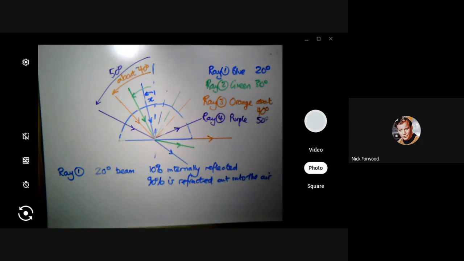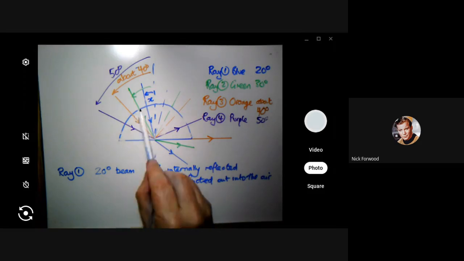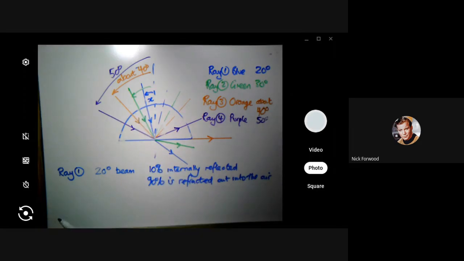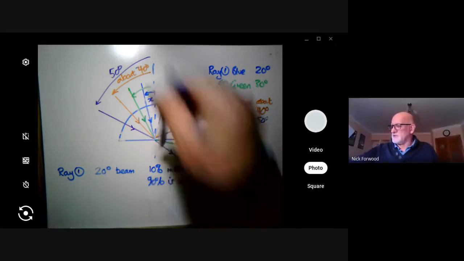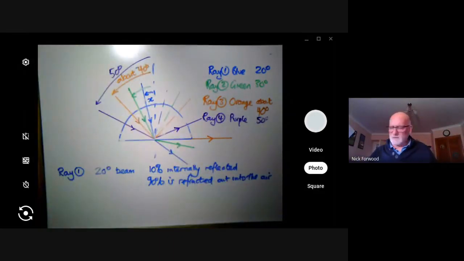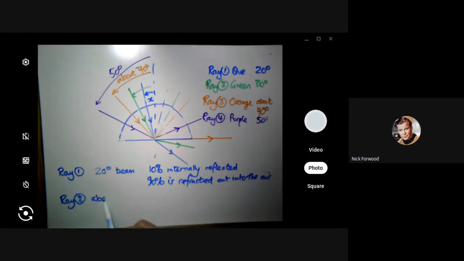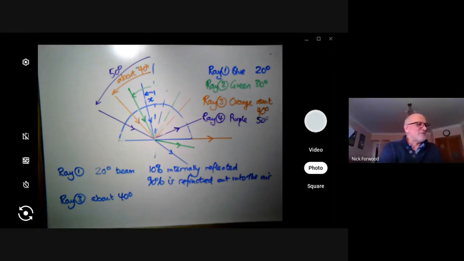10% internally reflected. So this is partial internal reflection. I'll skip the green one because it goes up to a higher percentage. I just want to show you what happened as you start moving the beam of light round like that. Ray, I won't write this in orange, but ray 3, which is about, keep saying about, because it's not quite exactly 40 degrees, and we'll come on to that. About 40 degrees, the 40-degree ray of light,